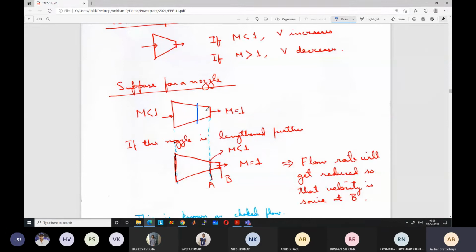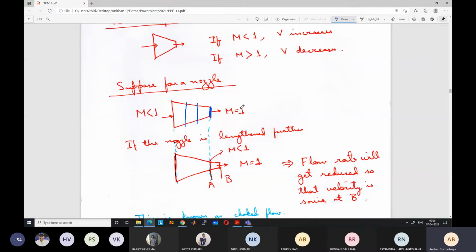We have already established, because here the Mach number is 1, the velocity cannot increase. So velocity cannot increase, and velocity cannot decrease, which means that ultimately the Mach number cannot become 1 here or in between somewhere, anywhere, because the flow after this section, whether it's subsonic or supersonic, is not possible. So the only thing that can happen is that the Mach number can become 1 at the outlet section. It is not possible for the Mach number to become 1 at any other section. So automatically the flow rate gets adjusted so that the velocity changes in such a way that the Mach number becomes 1 at the outlet section.